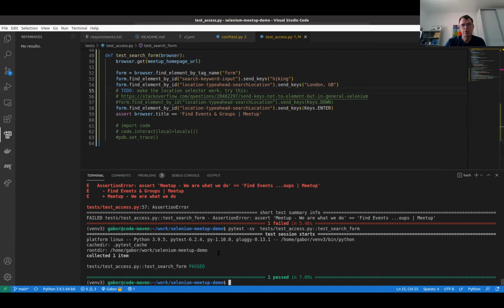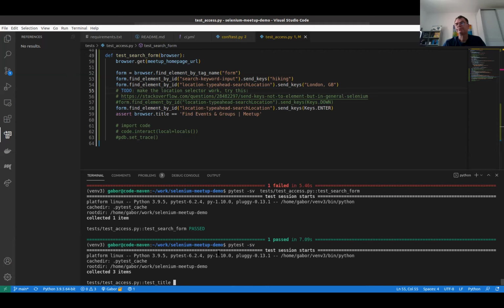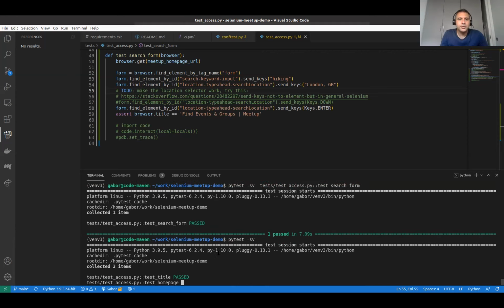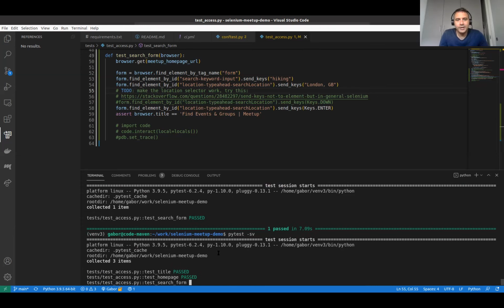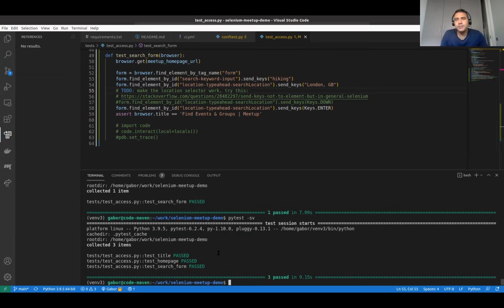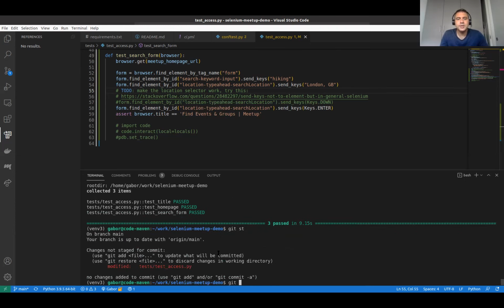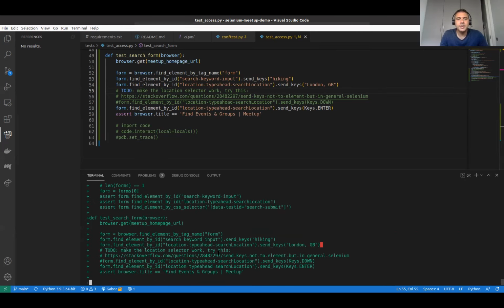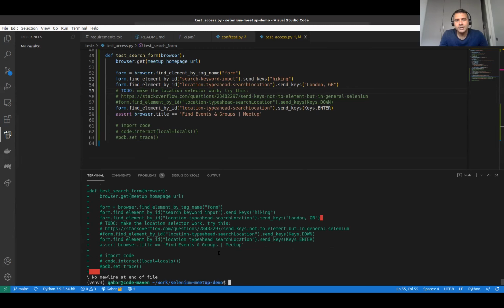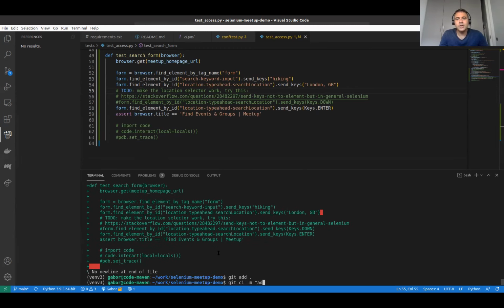Okay, so the tests are supposed to pass now. So basically, we wrote two tests to verify the homepage, some elements on the homepage that we think should be there, and to verify that we can search for events using the form without changing the location, by using the default location that is what's near us.